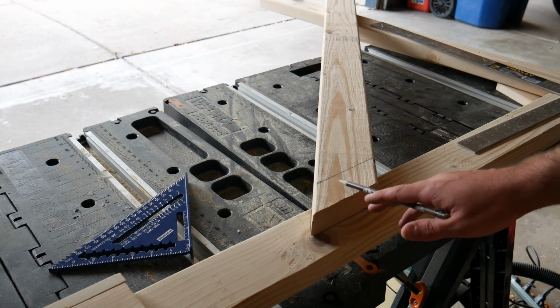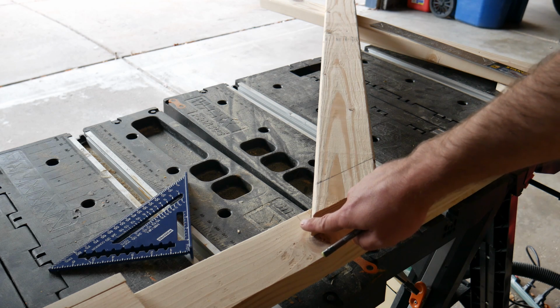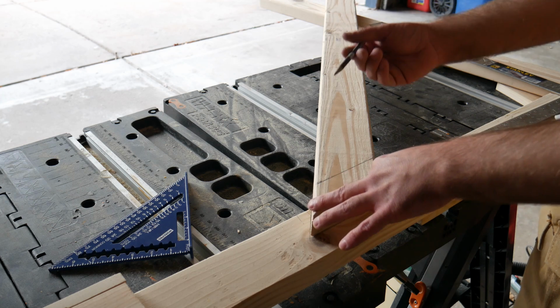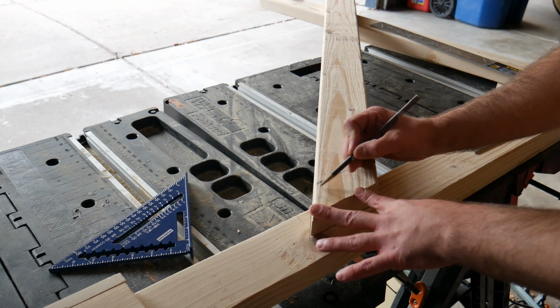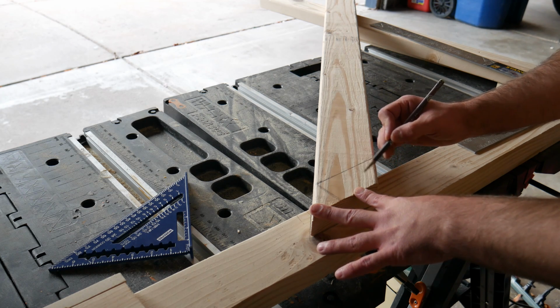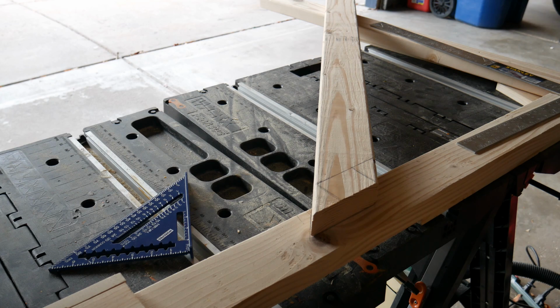Now the plan here is I don't actually want this angled tenon with this sharp corner, because that could break off, particularly since I'm not using any wood glue. Once this is under pressure it could break off. So what I actually want is to cut the tenon approximately like so,